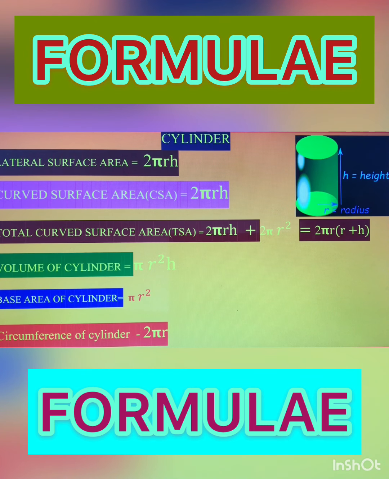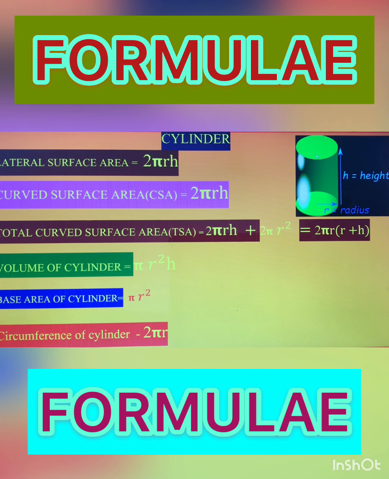You can see that this is the cylinder. It has top part and base part having the radius r and the perpendicular height, that is h. So this top part is a circular part, area of this circular part is pi r square, and the base part is also a circular part. So the area of this base part is pi r square. So pi r square and pi r square means 2 pi r square, and the other area, that is curved surface area of the cylinder, is 2 pi r h.